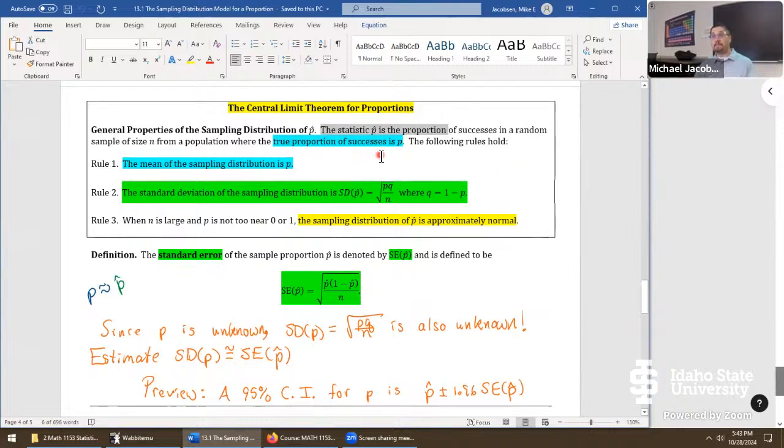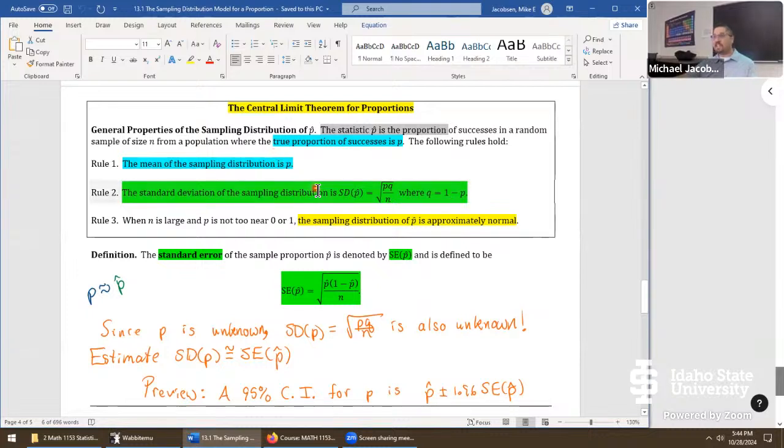And the more and more we take samples, we get different values of p hat. But all those values have this as the center. They're all trying to measure one true quantity. And that true quantity is at the center of this distribution. The spread of this distribution is through this formula, square root of p times q divided by n. P is the true proportion of successes. By the complement rule, q is 1 minus p, the true proportion of failures in the study.